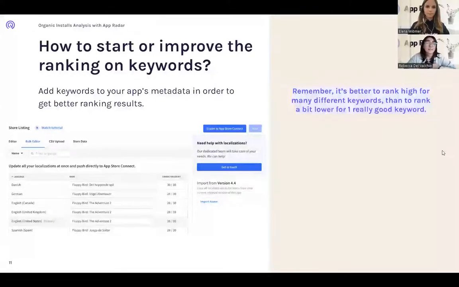Then the question comes up, how do we actually start ranking on a keyword, or how do we improve ranking on keywords? So of course, to actually rank on a keyword, you need to put it into your metadata fields, which means, the fields we will look into a bit later also, but yeah, you add your keywords into your metadata field and you try to push them to a top 10 position,